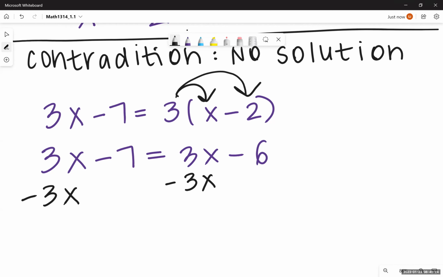Okay, so on the right-hand side, I'm subtracting the 3x because I want to put all of my variables on one side. That's always the first thing I think of. And so on the right-hand side, I'm like, oh, what's the opposite, right? What's the additive inverse? What do you use to make things go to 0? I'm going to use the exact same term, but I changed the sign. Opposite of positive 3x is negative 3x. What you do to one side, do to the other. 3x minus 3x goes away and gives you